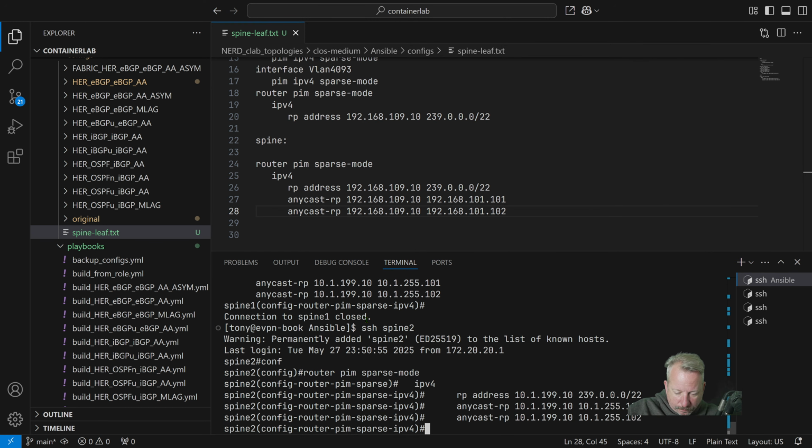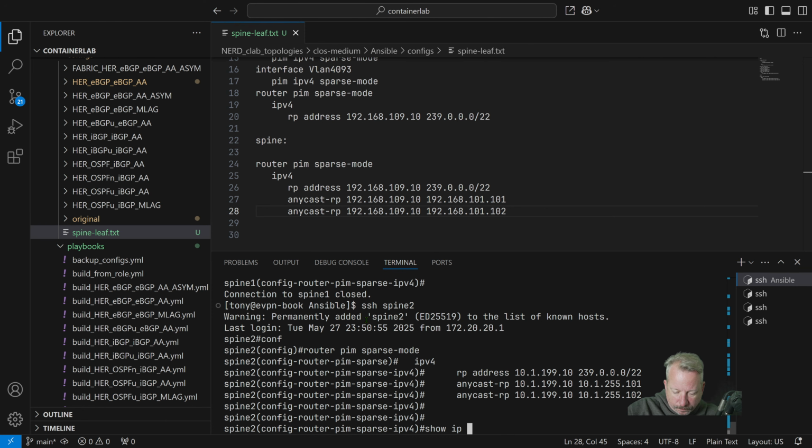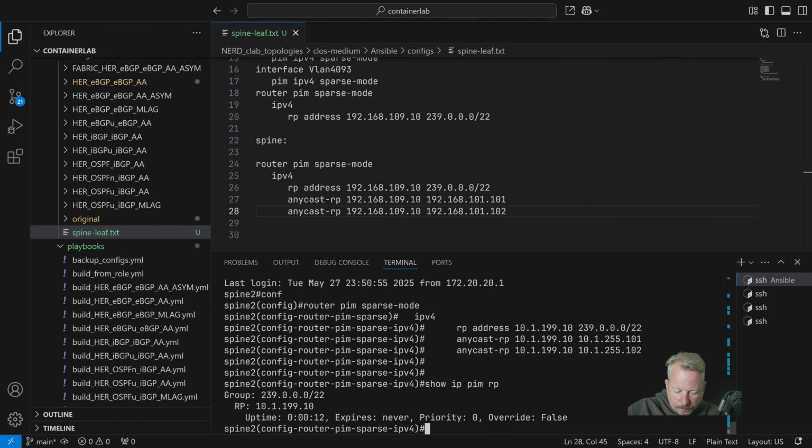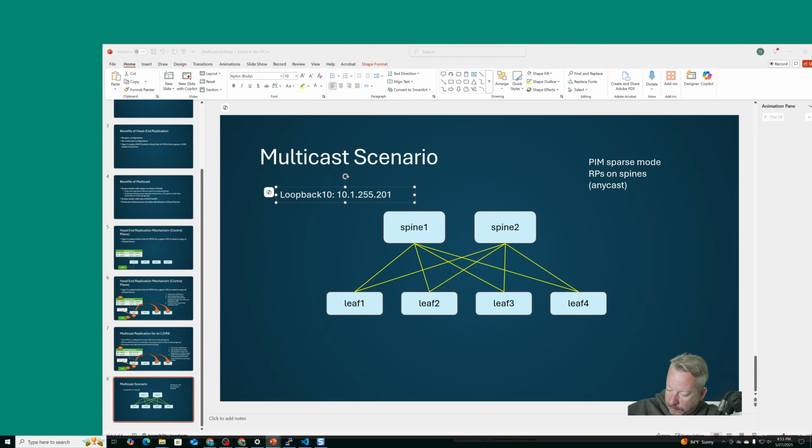Another thing is I'm not exactly sure what the show PIM or IP PIM rendezvous point output should look like. Okay, that looks, I think that's okay. I think I'm doing this right, but